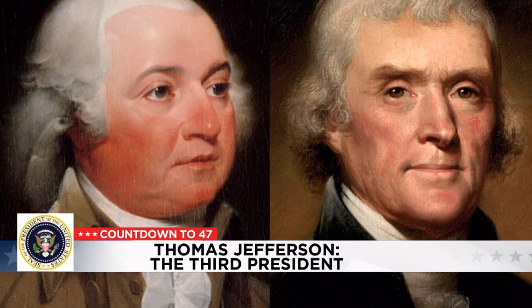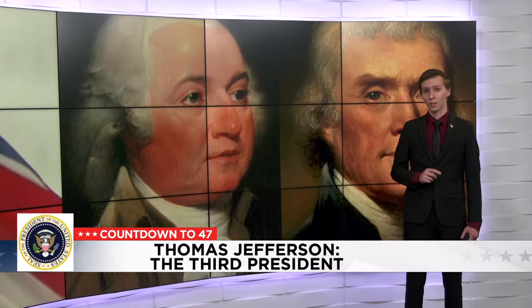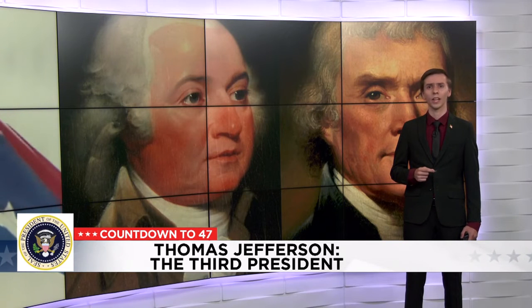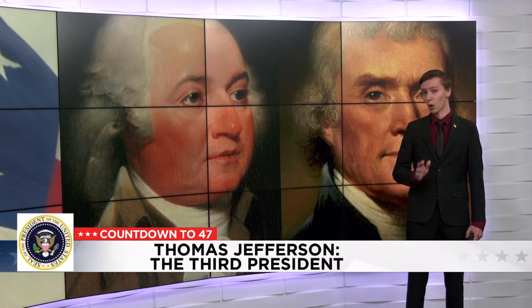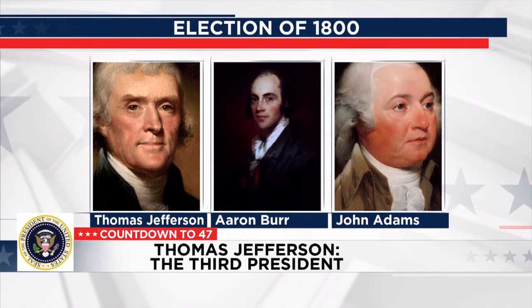Following Adams' signing of the much-maligned Alien and Sedition Acts, it now seemed possible Adams could be defeated running for re-election. So, in 1800, Jefferson ran against Adams again, but he wasn't the only one. This time around, fellow Democratic Republican Aaron Burr put up quite the challenge vying for the presidency as well. The young republic saw its first ever electoral tie. While Adams was defeated, Jefferson and Burr had both received 73 electoral votes. It came down to the House of Representatives to settle the tie.